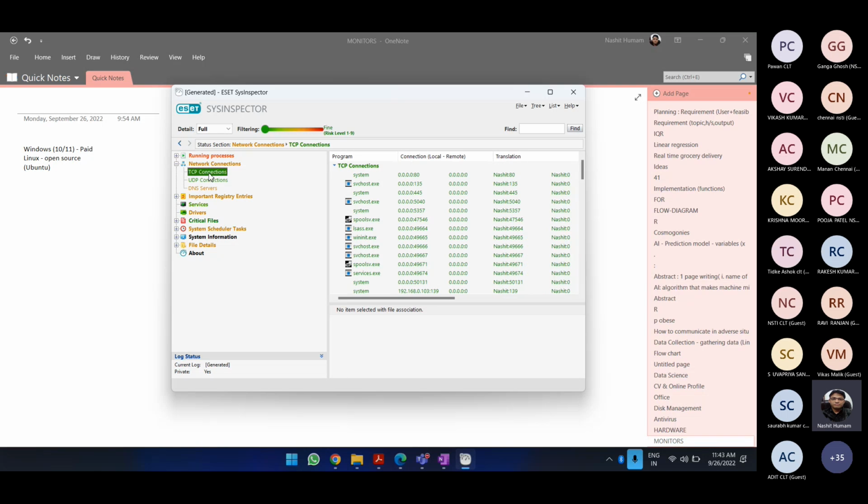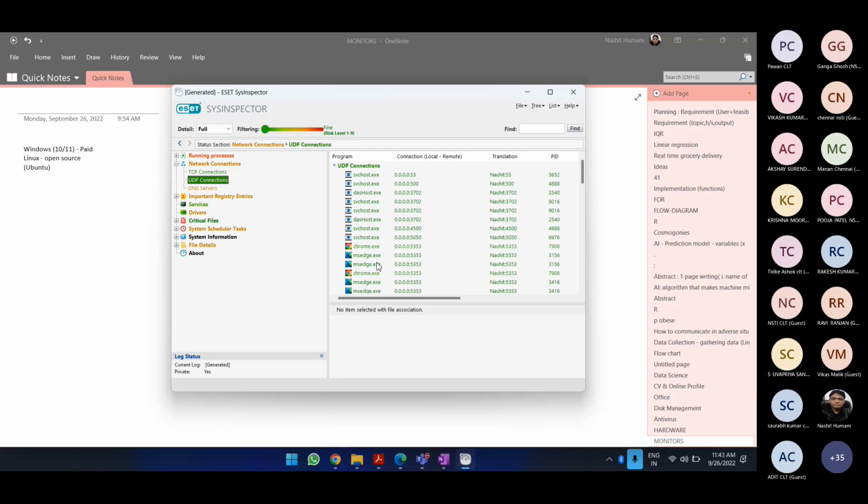Now I have TCP connections, and these are the different applications that are using these ports. This system is using port 80, this service host is using port 135, system is using port 445. So every process is using a different port to share or transfer data. Then we have UDP connections. Now Chrome is using 5353, and Edge is using 5353.